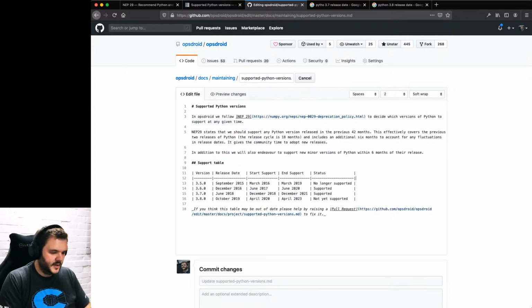So, you know, each from when a Python version is released, the support should start within 6 months. At least, you know, this is like a guaranteed start date for that. And then after that 6 months, we should then support that version for 3 years. And so for Python 3.5, that was September 2015.